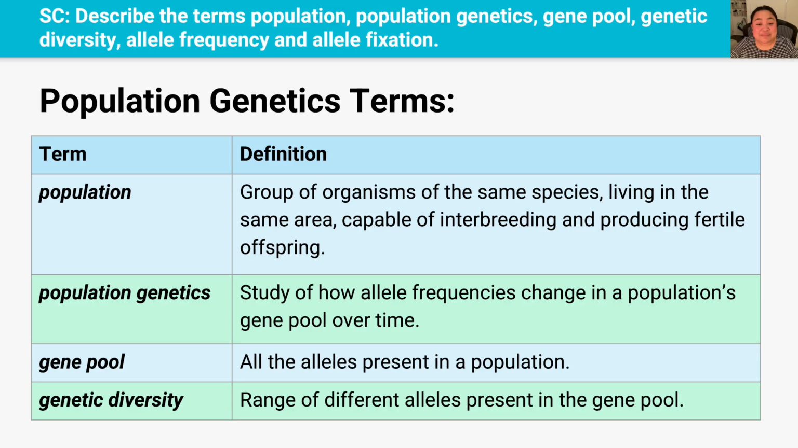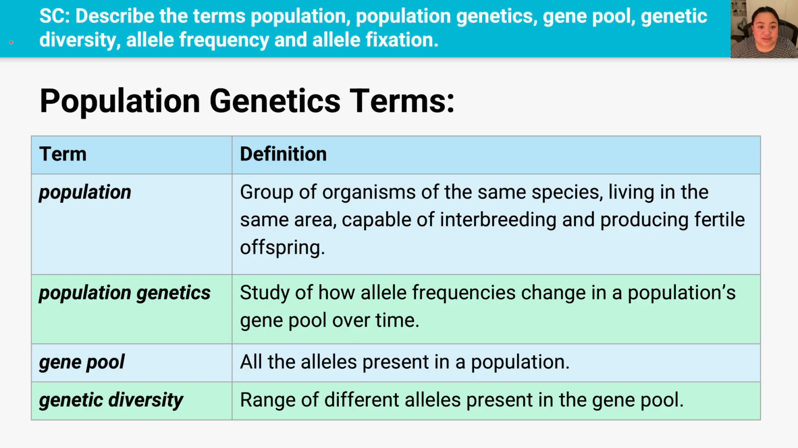Let's go over some key terms in population genetics. In biology, a population is a group of organisms of the same species, living in the same place, and capable of interbreeding and producing fertile offspring. So population genetics is really just the study of how allele frequencies, the proportions of alleles, change in a population's gene pool over time. The gene pool is the complete set or the sum of all the alleles present in